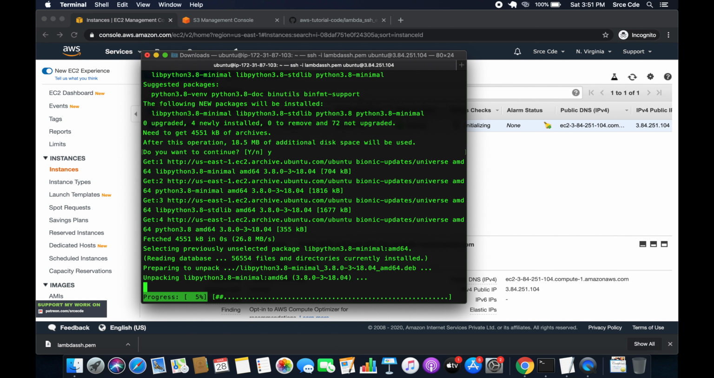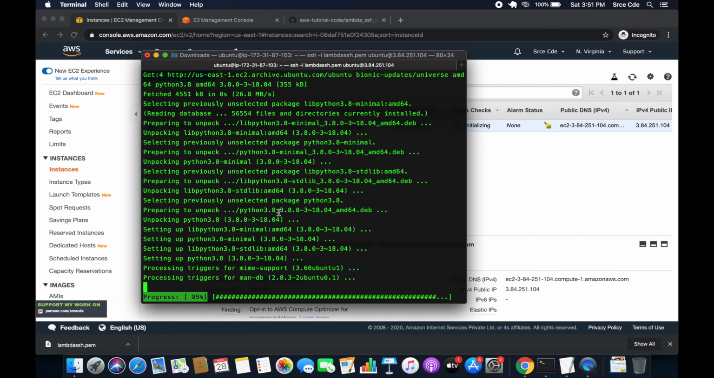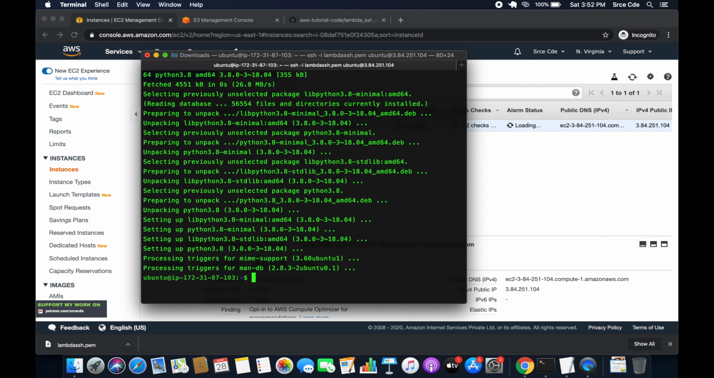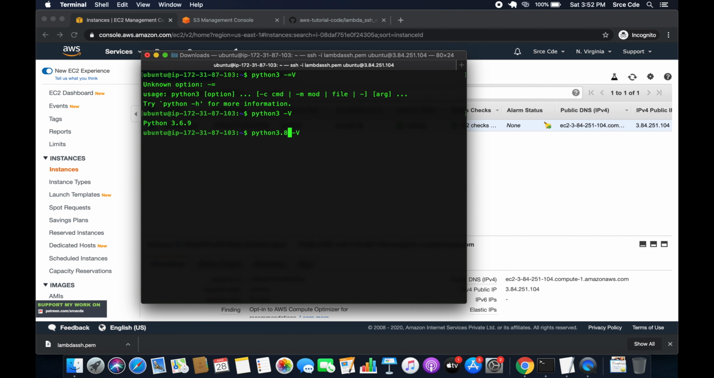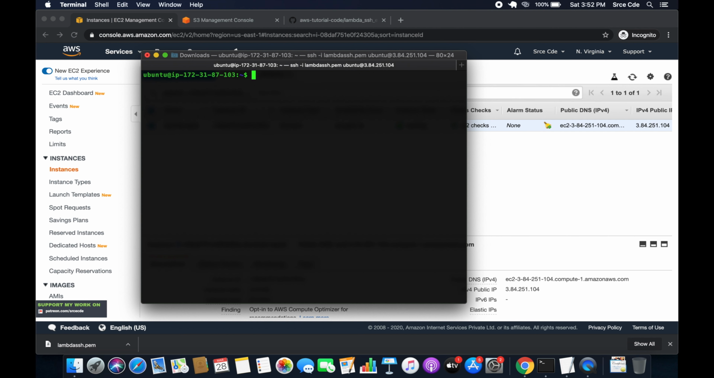Yes. So it is installed. Now we have to update alternatives. If I say python3 -V, then it will say Python 3.6.9, and now if I say python3.8 -V, then it says Python 3.8.0. So we have to change the default version. That's going to be sudo update-alternatives